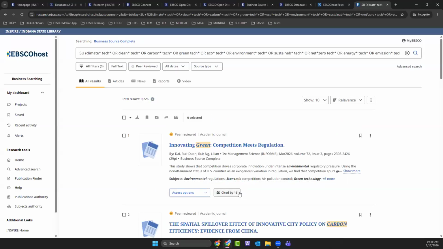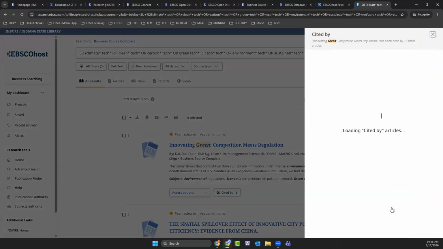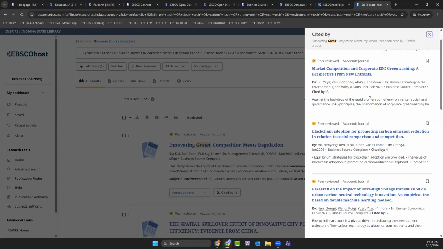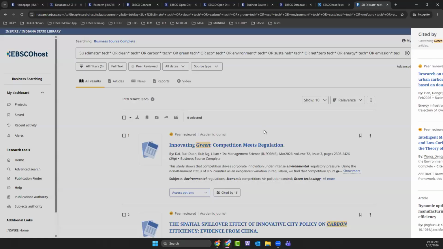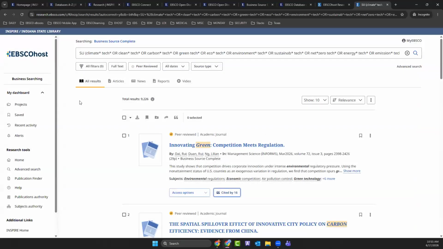Oh, your citations are available within the business searching interface. So remember, one of those features that can be enabled in EBSCOhost is automatically enabled here in your business searching interface. So we can see that this peer-reviewed article from an academic journal, which happens to be Management Science, has been cited by 16. So we can go ahead and click that citation hyperlink to be brought to the list, okay? So great way to dive deeper into a topic. I'm going to click back